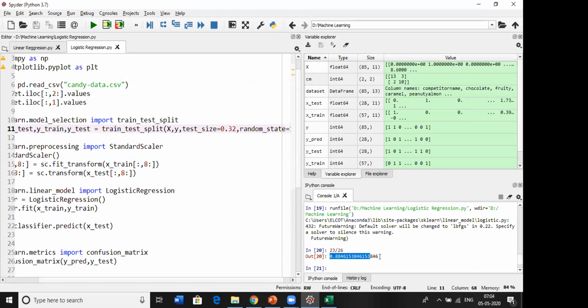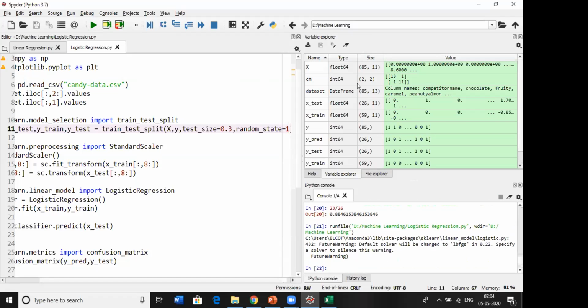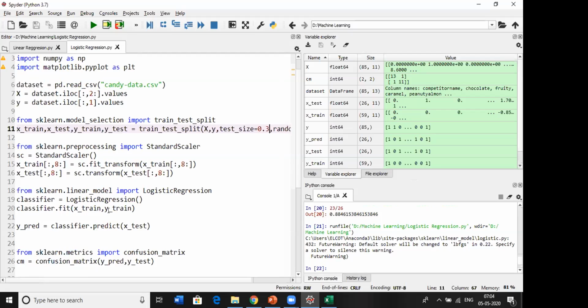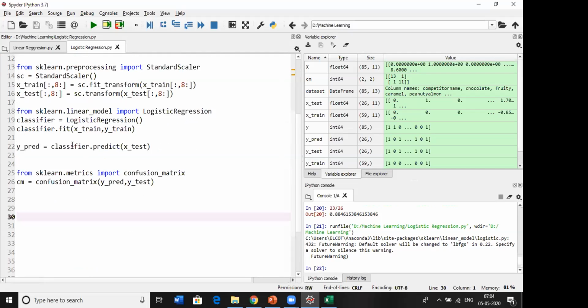So the same accuracy, so we shall move on with this only. We keep the test size as 0.3, and we will get accuracy as 0.92. Any doubts here?